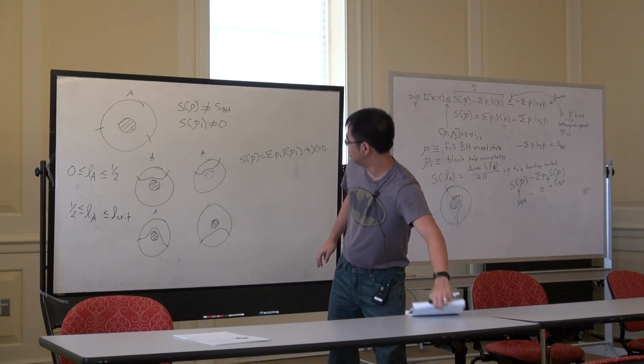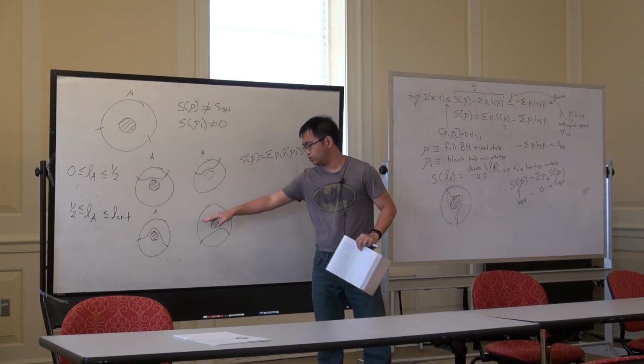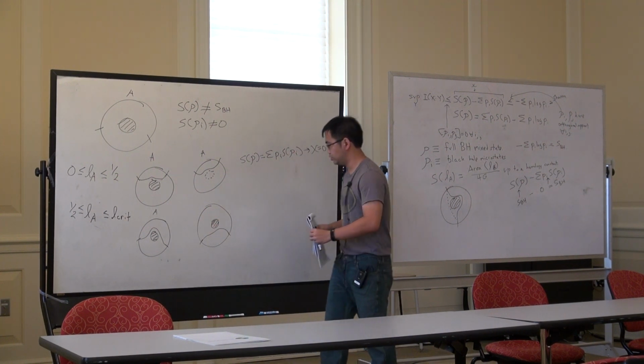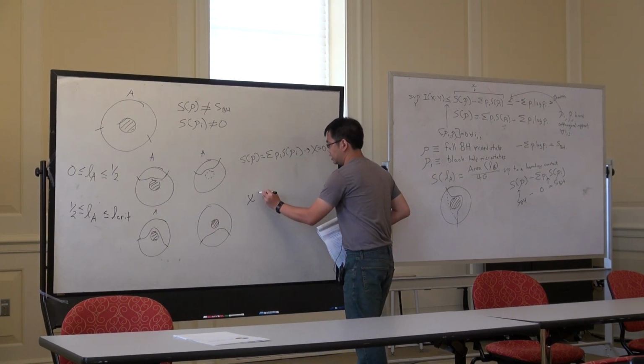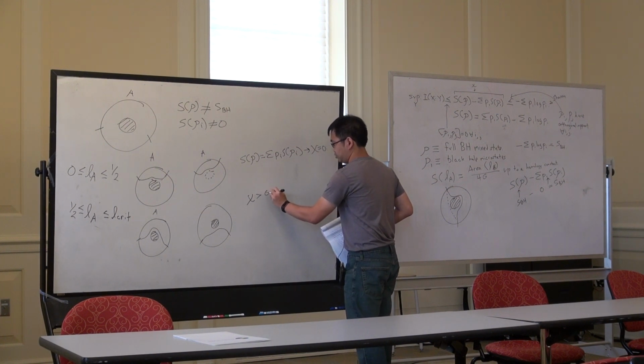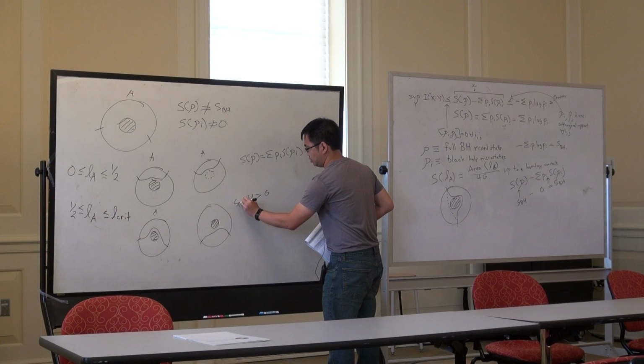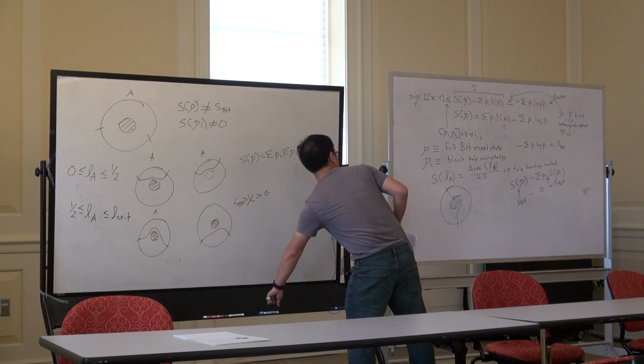Okay, so just to go through, in this case, what you'll end up seeing is that these two lengths are different. This length is longer than this length. So in general, what you'll end up getting is that the Holevo chi will be greater than 0, but will not be equal to S_BH. It will be less than S_BH in this regime. Now, in this last regime,